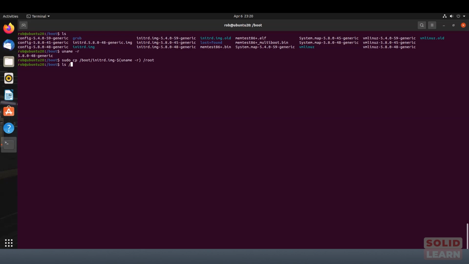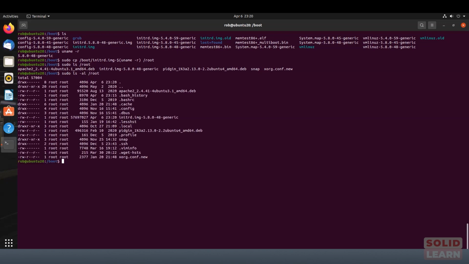Now, if we do an ls, or actually let's do a sudo ls on root, we're going to see that we have an initrd image 5.8.0-48-generic. That shell expansion allowed us to put that in there without actually having to type it, this string right here. And we can also do an ls -al in root, and then what we can do is we can see the